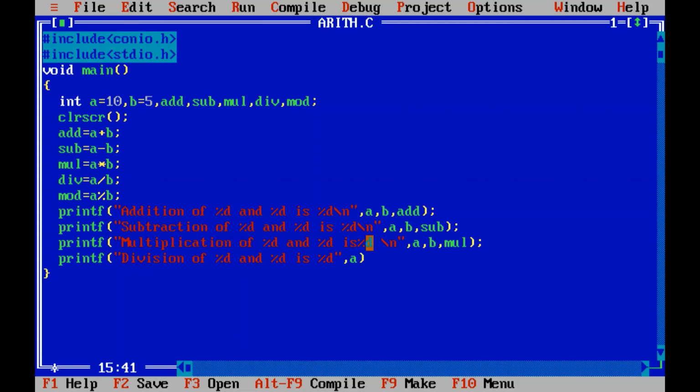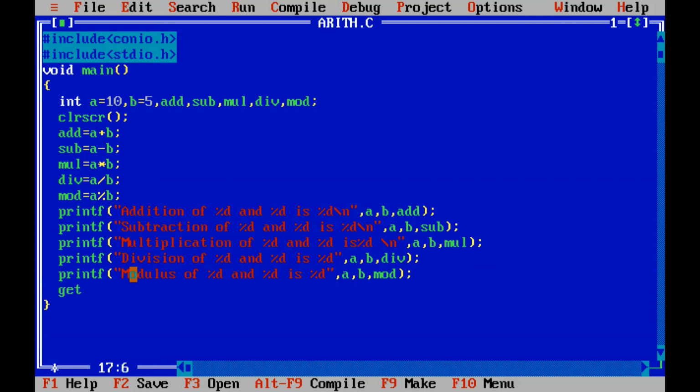And here a comma b comma, the division answer gets stored inside div. Oh sorry, not multiplication, division answer, right? So div. And finally printf. Now the last one, that is the modulus answer, of %d and %d is %d comma a comma b comma mod.